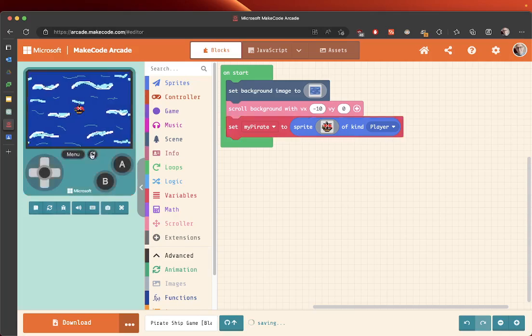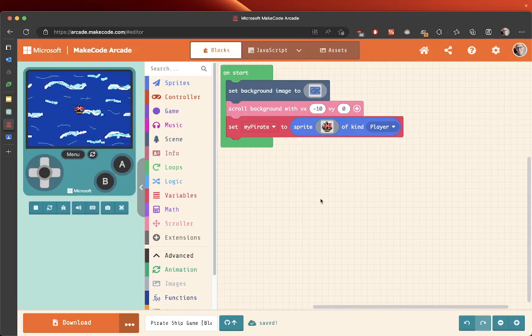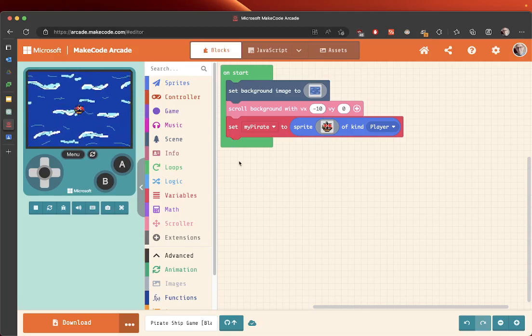Let's go and refresh our game. There we are. So now you can see that our pirate ship looks like it's sailing. Okay. While we're here, because this is going to be very short, we want to go and grab my sprite